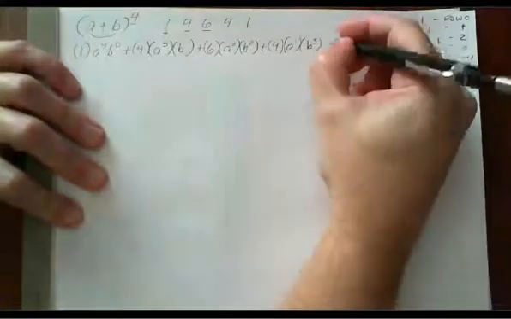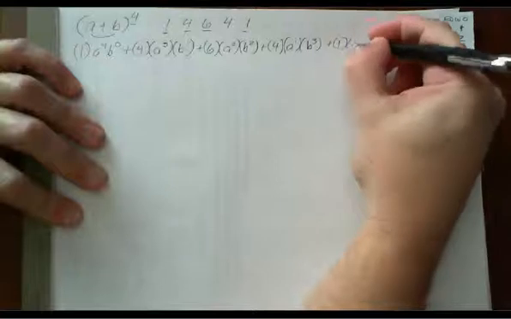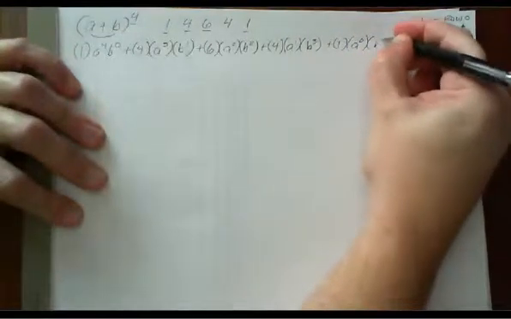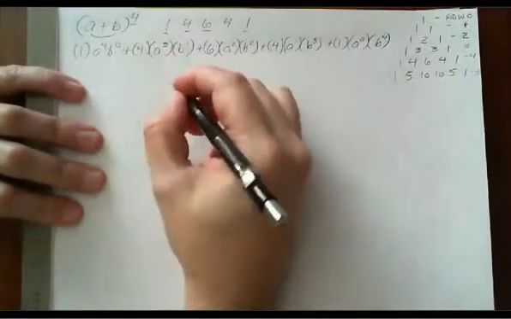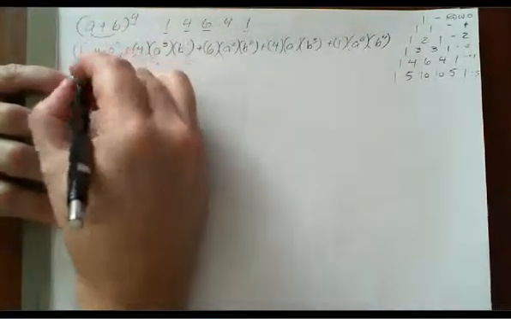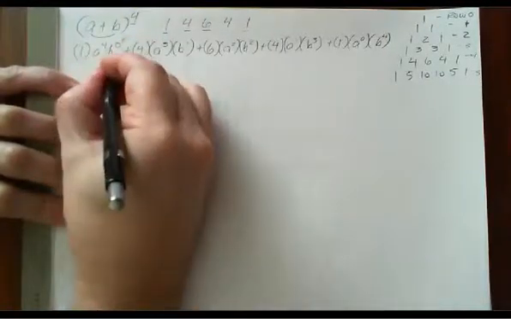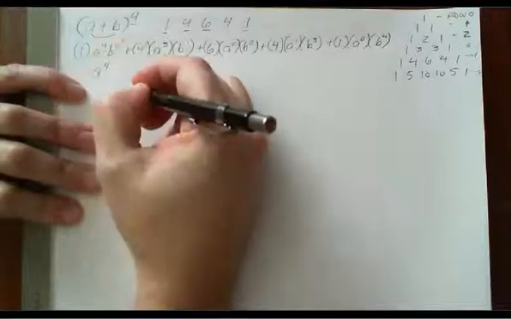And the final coefficient of 1. The a is now to the 0. And the b is to the 4. Now we're just going to multiply everything out here to get our final answer. So remember, anything to the power of 0 is 1. So this is 1 times a to the 4th, which is just a to the 4th